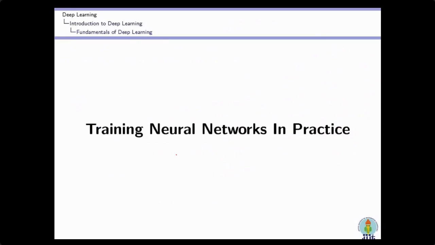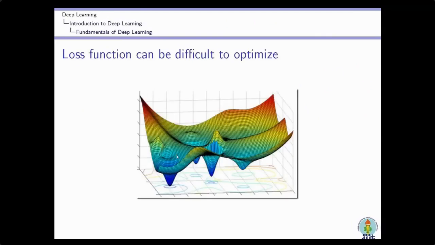Now the thing is, if we see in practice, whether it is so easy. When we see the loss function, generally the loss function may be difficult to optimize. For example, this may be a loss function where there are many local optima and plateaus, so it is very tough to find the optimum value. For such cases, I have to increase the number of layers, the number of neurons, and the number of iterations to optimize such functions.